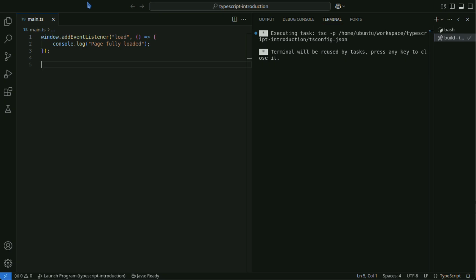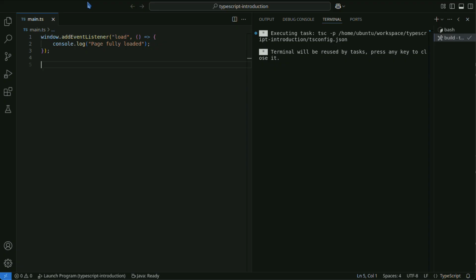In TypeScript, event object types are inferred, so being mindful of types like KeyboardEvent or MouseEvent makes your code safer. It is recommended to remove event listeners when they are no longer needed.